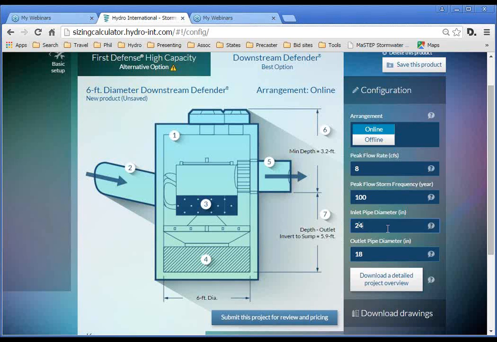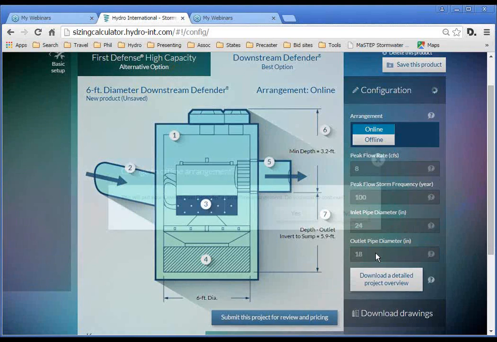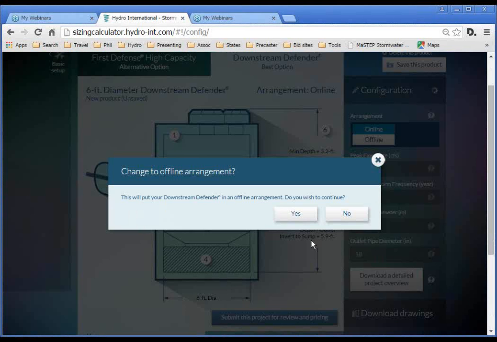If we go to a 24-inch pipe, you get a warning that says, this will put your downstream defender in an offline arrangement. Do you wish to continue? So it's not going to stop you doing it. It's going to switch the unit into an arrangement which will take that larger pipe. In this case, it will say the pipe's too big to go into this particular model, so we'll go offline. If you agree to do that,